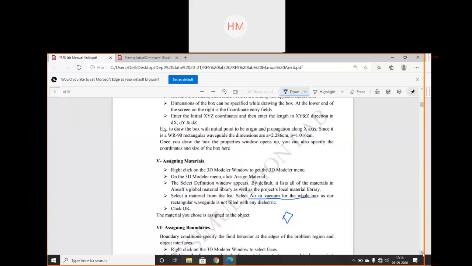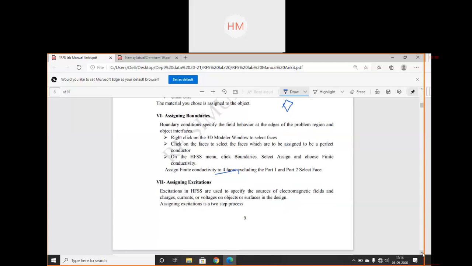Then assigning a material to that design. Then assigning boundaries to the model which you have designed. Then assigning excitations. Excitations in HFSS are used to specify the sources of electromagnetic fields and charges, currents, or voltages on objects or surfaces in the design.